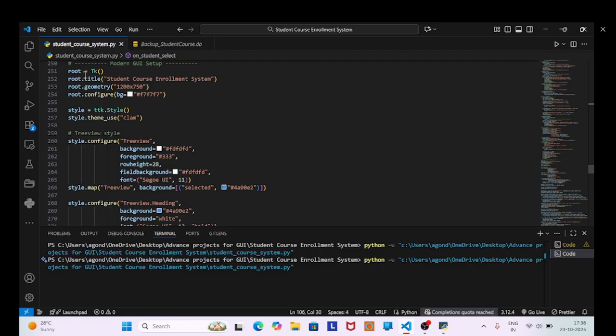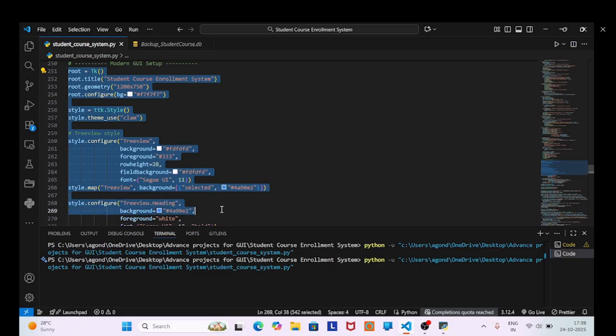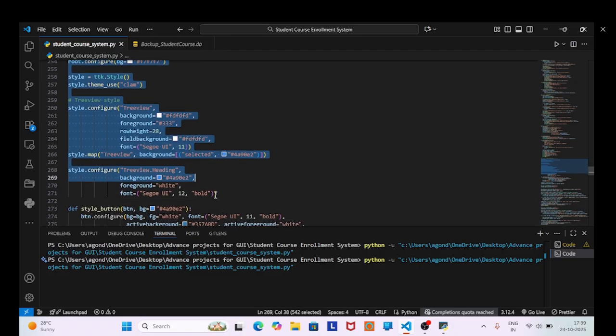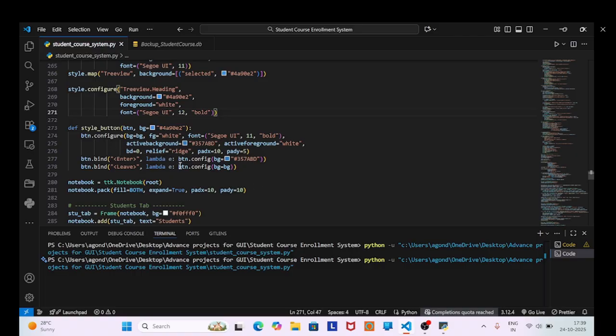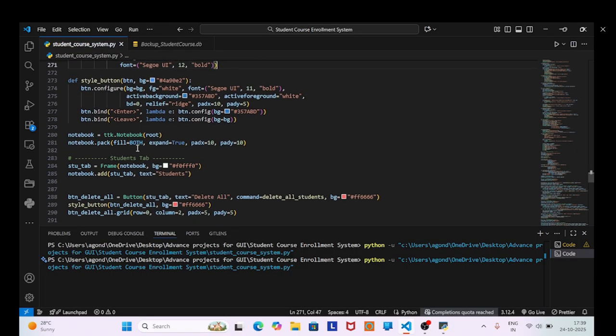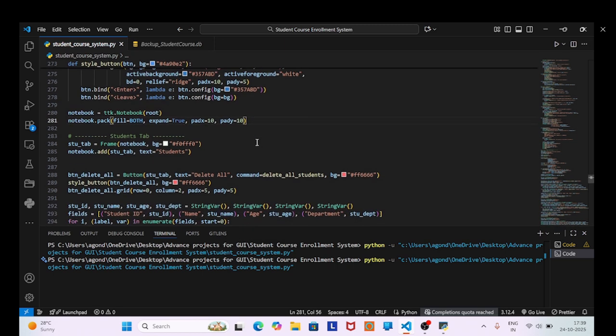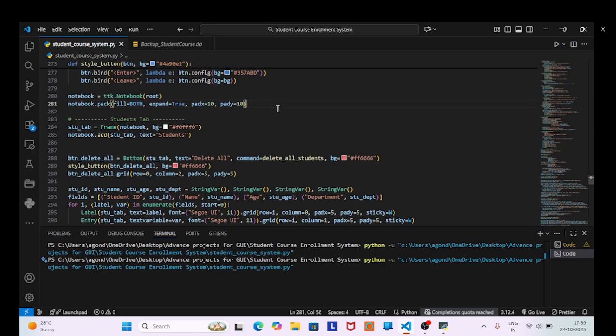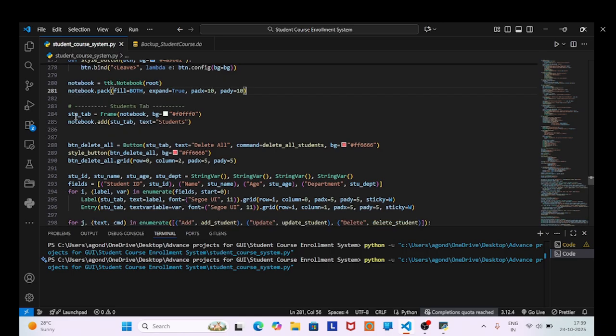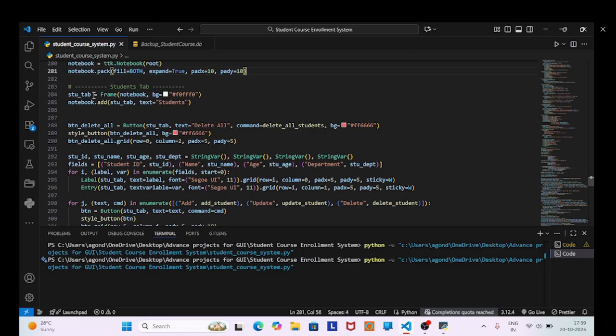We have first of all defined the basic GUI index, like you can see, and you can just literally copy it as it is, there is not that much need for reference. It is just a style configuration and Treeview part that you can copy paste. Okay, then we have used a Tkinter Notebook widget, which will create basically the tabs that you have seen at the start of the video, as both sides will be student and courses, and we have packed it with fill both and expand true, and padx and pady as 10,